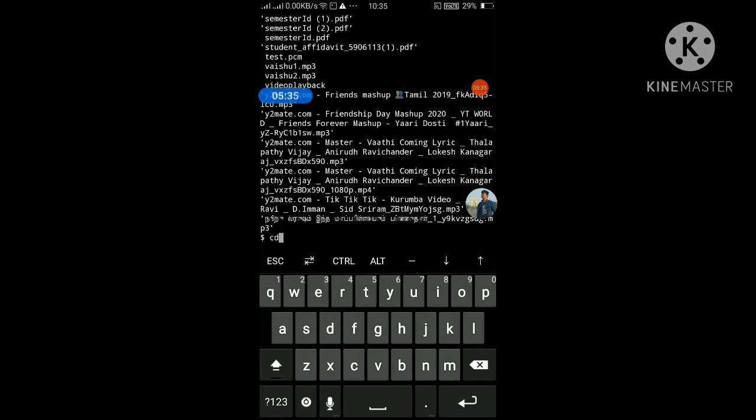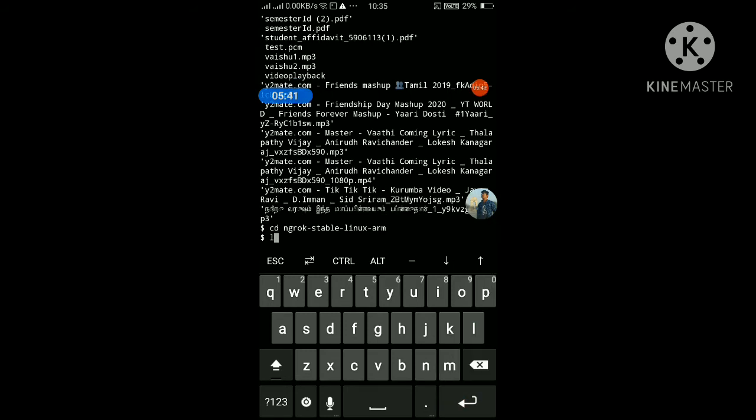Now type cd ngrok-stable-linux-arm. Now again type ls